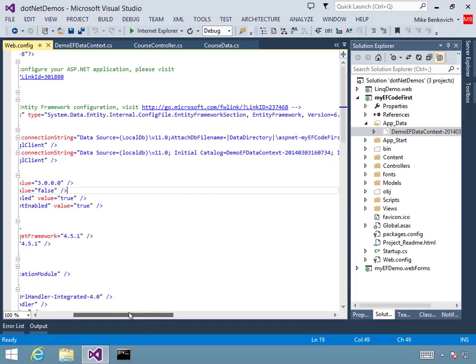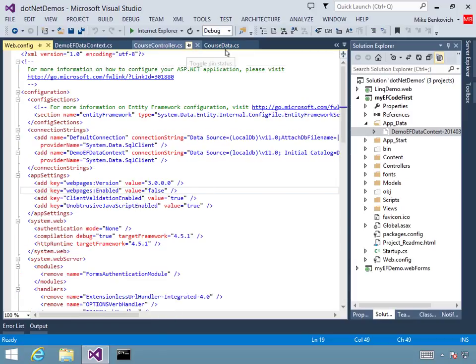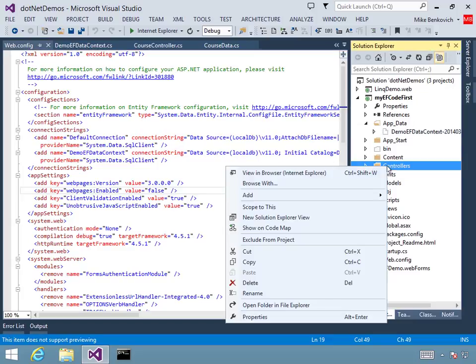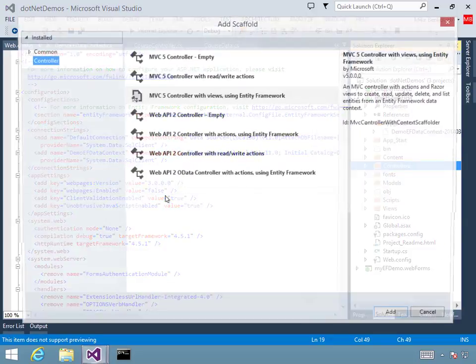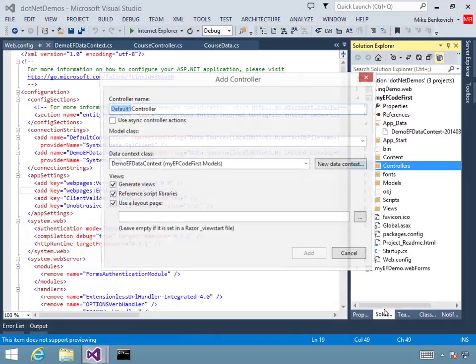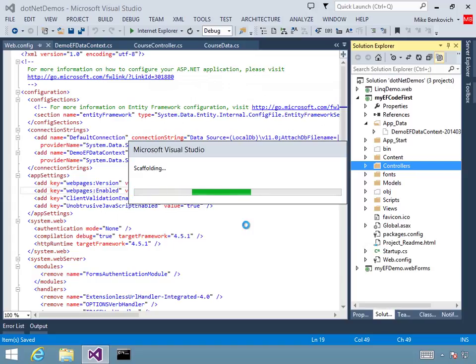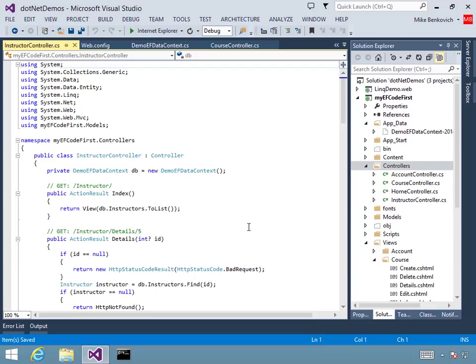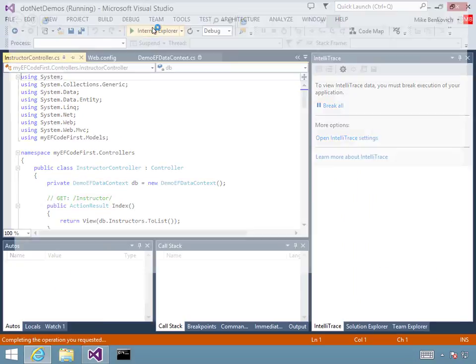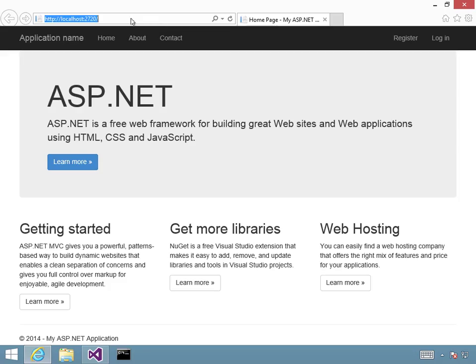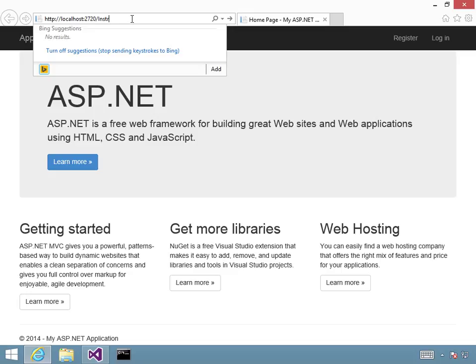And what's interesting is that in my model right now, I have courses. If I add another controller here and say add a controller, and this time let's add an EF controller for my instructor controller, and say my class is going to be the instructor class. We'll add it to the same model, say add. And if we run this again, now I can go up here and type in instructor,